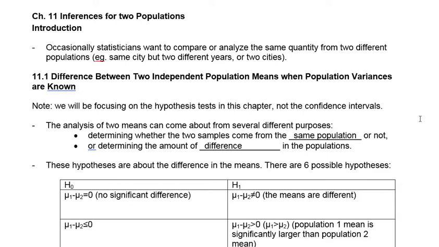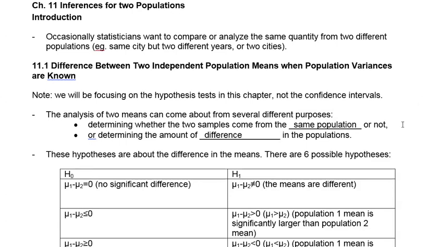So just like with the plain means test, where we're doing a test about the mean, we have two different formulas that we use depending on whether we know population standard deviation or sample standard deviation. Again, it's Z if we know population standard deviation, and we use T when it's sample standard deviation. There are a number of different reasons for looking for these differences, but they all boil down to 6 possible